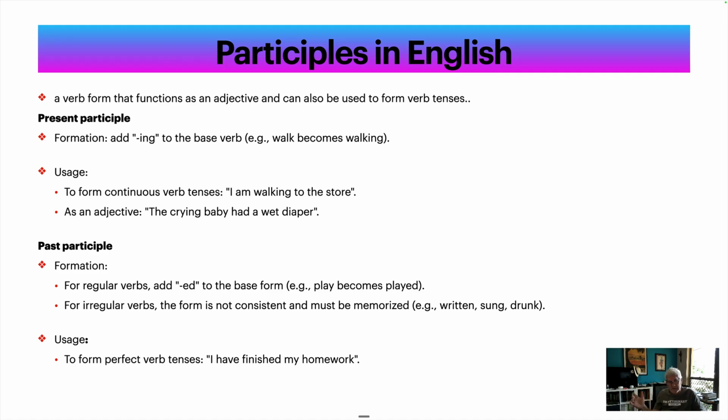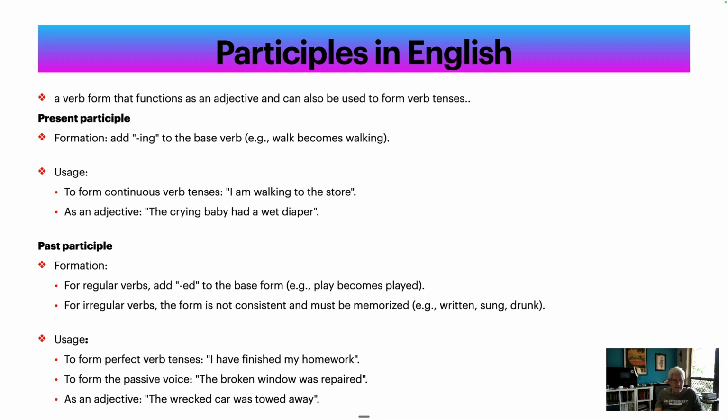I have finished my homework in English. Or to form the passive voice. The broken window, so again it's an adjectival kind of sense. The broken window was repaired. Actually, it was repaired is the past participle there. Okay. All right, so let's have a look at